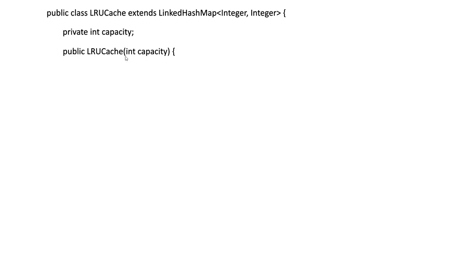So public LRUCache(int capacity). This is the constructor for LRUCache, which is going to call the constructor for the LinkedHashMap class. So it's going to pass in the capacity. It's going to pass in that 0.75 that we talked about and pass in true for the access order. Then we're going to assign the local variable capacity equal to the passed in capacity in the constructor. And that is pretty much it for the initial